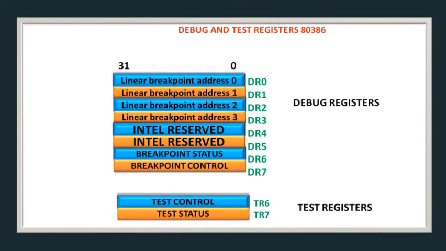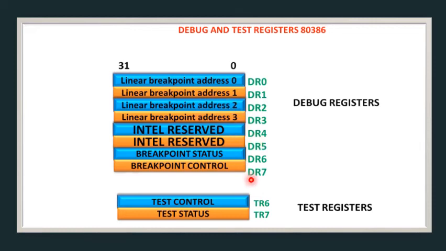Now let us discuss the debug registers and test registers. The 80386 has 8 32-bit debug registers DR0 to DR7 for hardware debugging, as depicted in the figure. Among the 8 debug registers, 2 registers DR5 and DR4 are reserved by Intel. The first 4 registers DR0 to DR3 are used to store 4 program controllable breakpoint addresses.